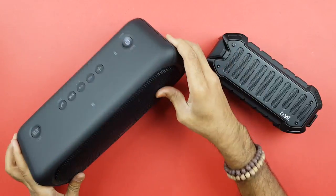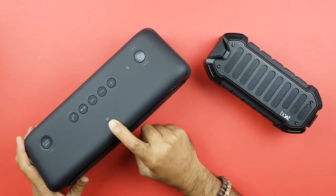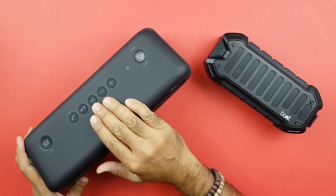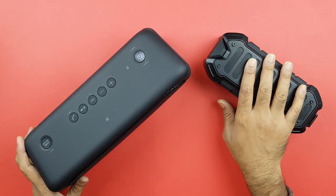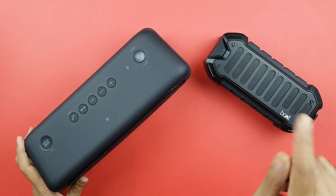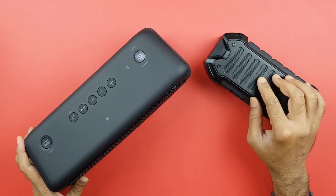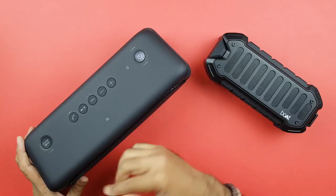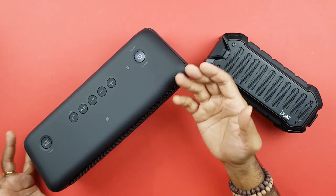And added features, you get NFC. So if you're too lazy to even pair your Bluetooth, you can just turn on your NFC on your phone, tap your phone here and it's paired just like that. You do not get that with the boAt Stone 700. The boAt Stone 700 does not offer you any battery indicator, but once it's on, if you long press this, it's going to tell you verbally how much percentage of battery is left, which is, I think, a very good